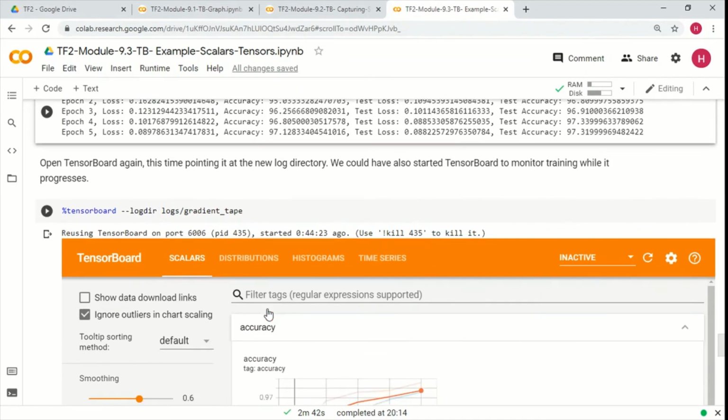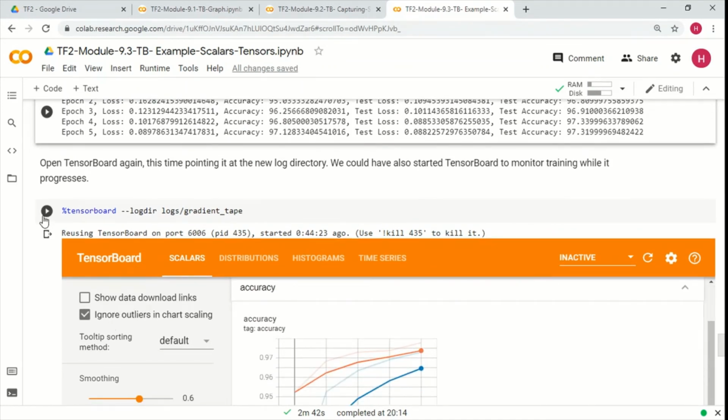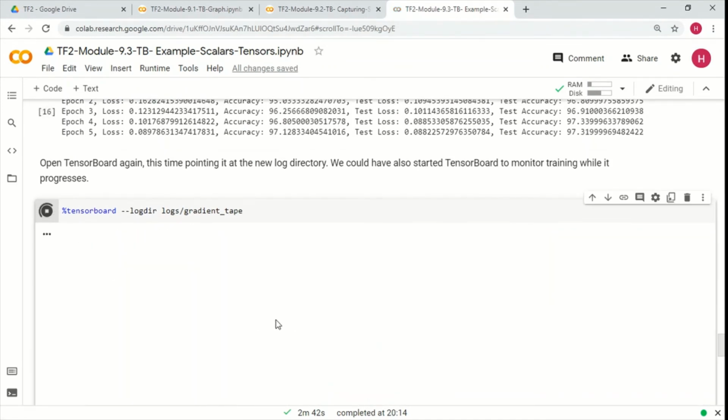So it's time to open the TensorBoard again and check the results. So we are using a different directory in this particular case.